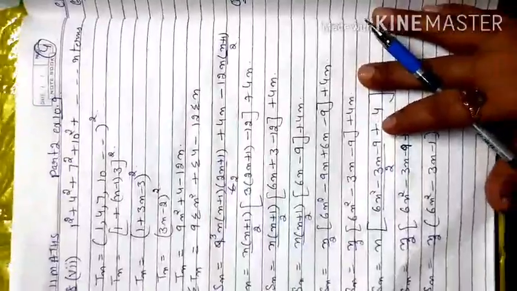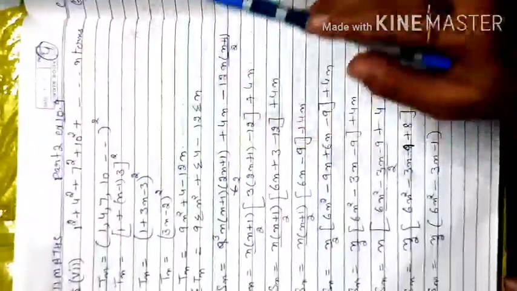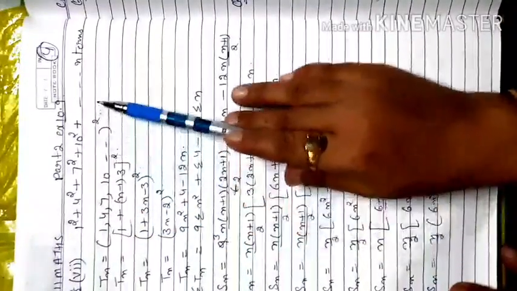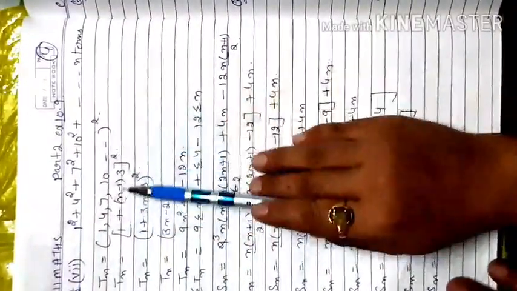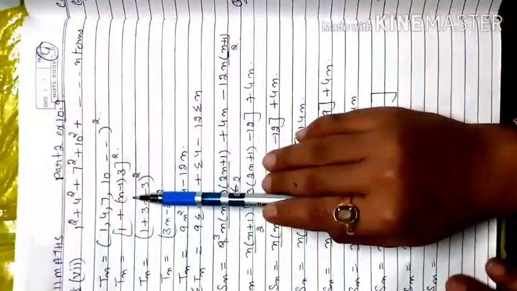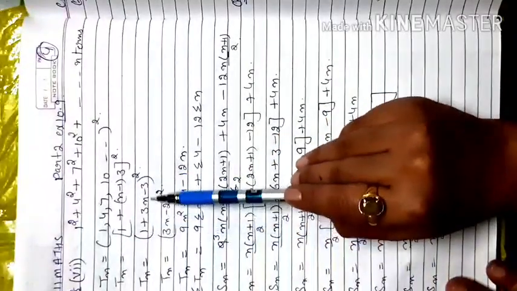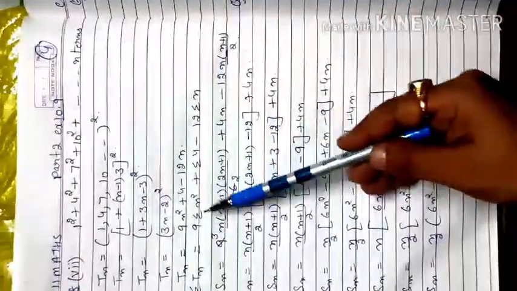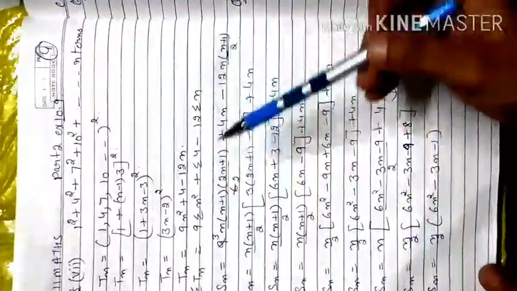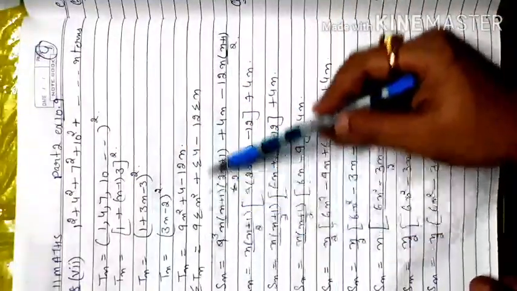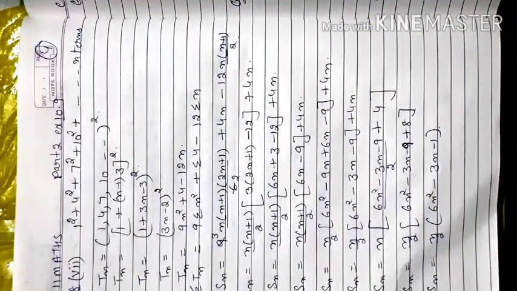So here, if this type of series is there, like 1 square, 4 square, 7 square, 10 square up to n terms, first you write the sequence 1, 4, 7, 10, keeping the square outside. Then you find the nth term inside according to the sequence. So a plus n minus 1 d formula, 1 plus 3n minus 3, 3n minus 2 whole square. Open it with the a minus b whole square formula, so that is 9n square plus 4 minus 12n. Now you have to apply summation on both sides and apply the formula in this case.